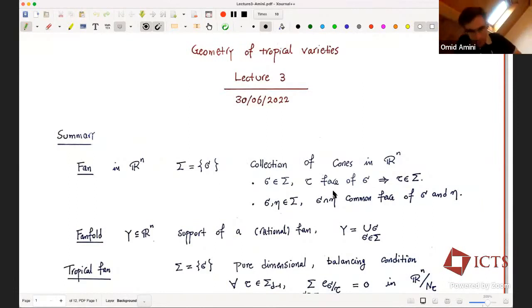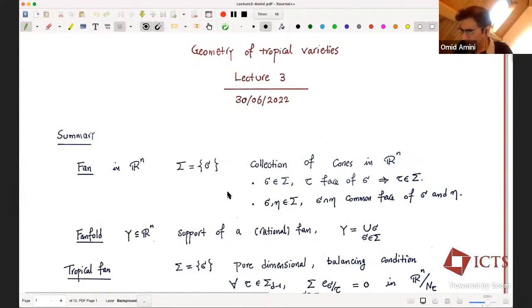So I will continue with the topics I started to introduce, which was the notion of tropical fans. So today's lecture is about the geometry of tropical fans. So let me just start by giving a summary of what we said. Okay, recalling what is a fan, what is a tropical fan, and then we go into the main part